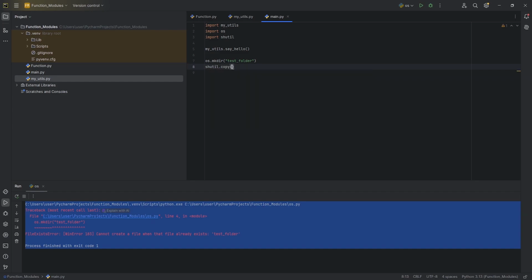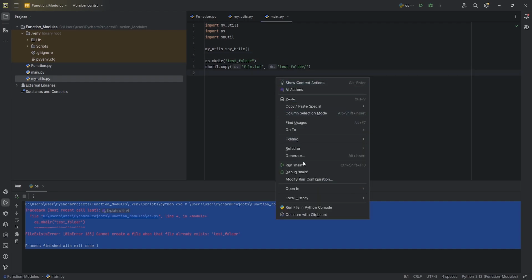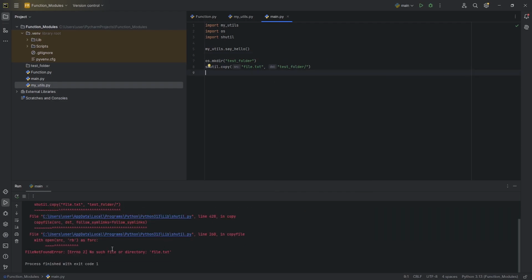shutil.copy. Here I'm going to save the file as file.txt. And I'm going to have this in the test folder. There we go. This is how I want it to be, and put in a slash over here. As we have all of this done, now you want to run the main file. Now you can see it is still showing me an error, no such file or directory